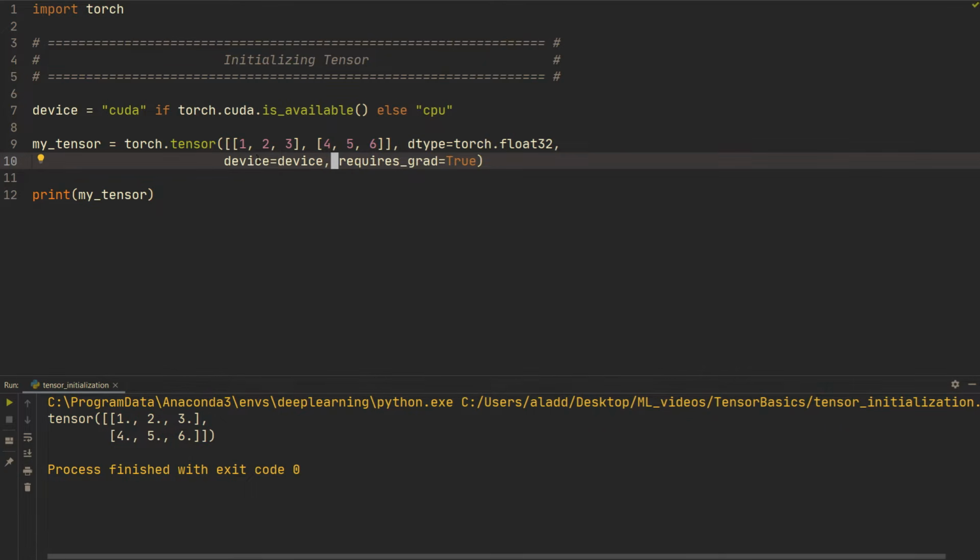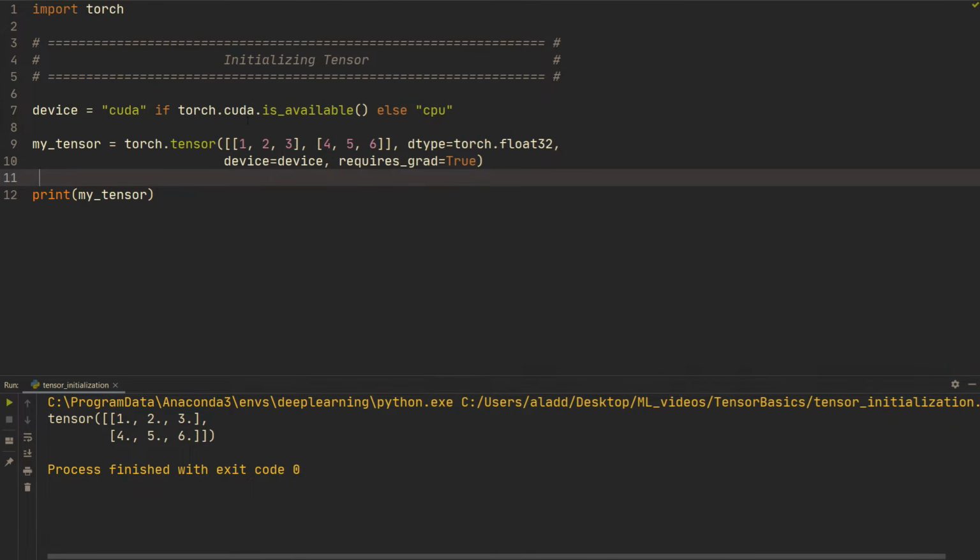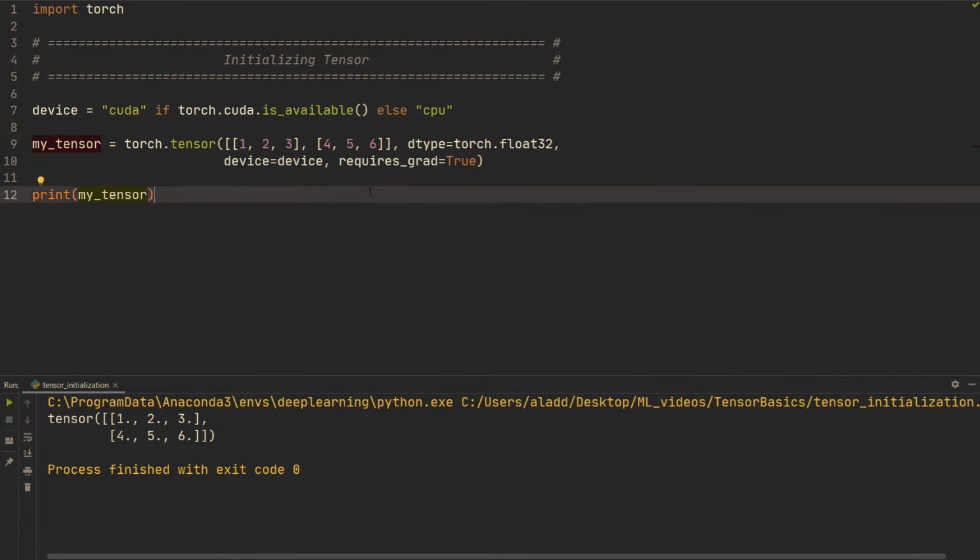And now the great thing about this is that two people can run it, and if one has CUDA, it's going to run on the GPU. If they don't have it, it's going to run on the CPU. But the code works no matter if you have it or not. Now let's look at some